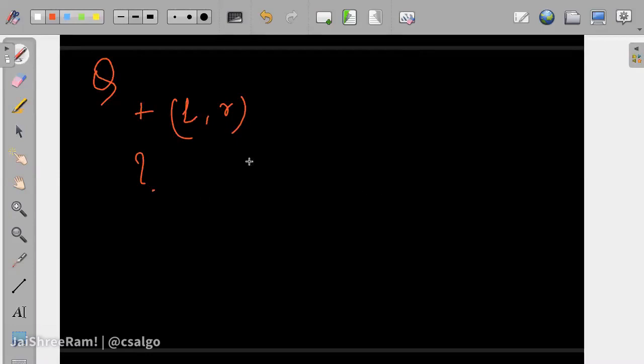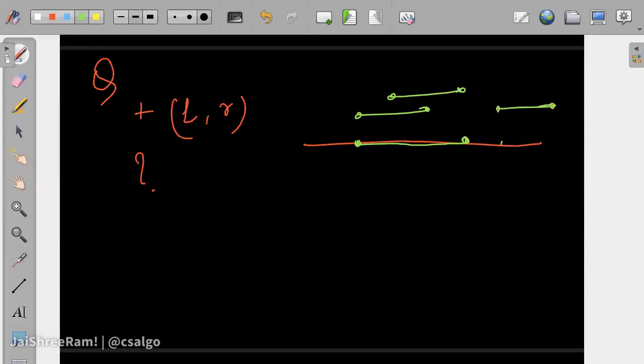I hope the question is clear: if you put in this line and this line, there is just one segment on the number line. I'm just writing it separately, but on the line it will look like one green segment over here. If I insert one more line over here, it will be one more line over here. So we need to count the number of connected lines, the number of disconnected partitions or segments on the line.